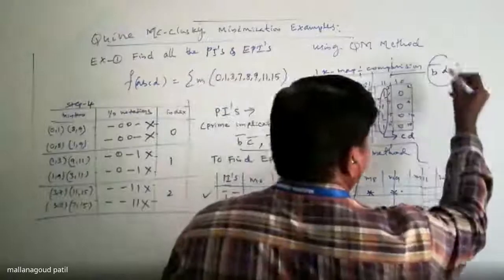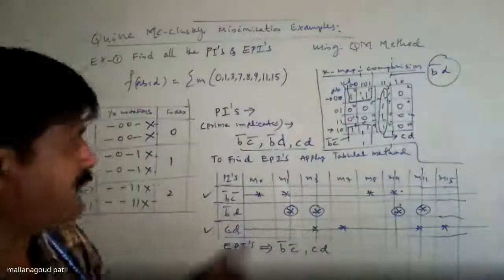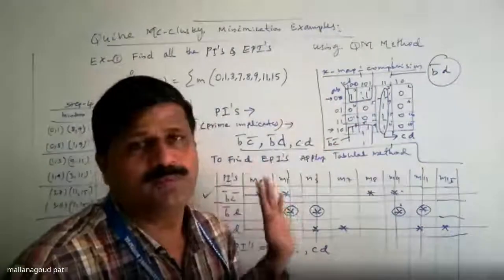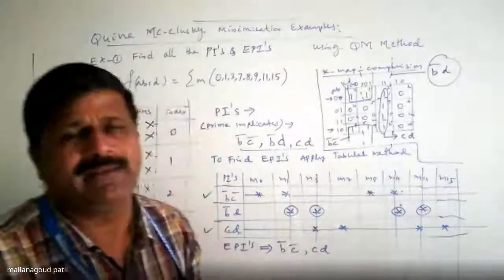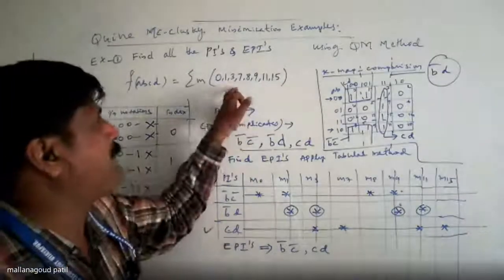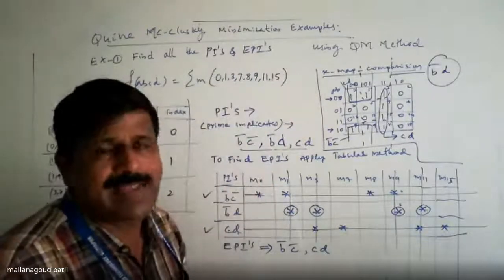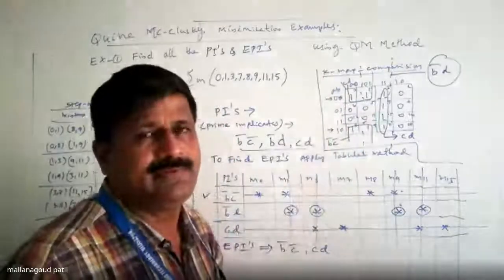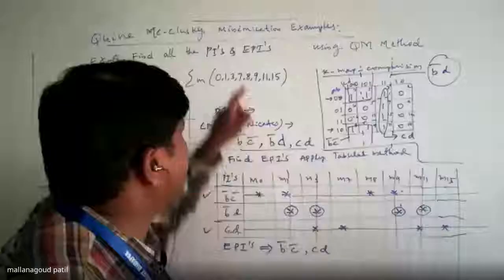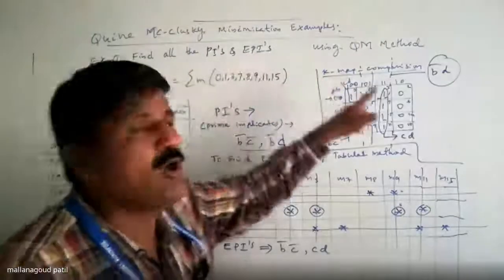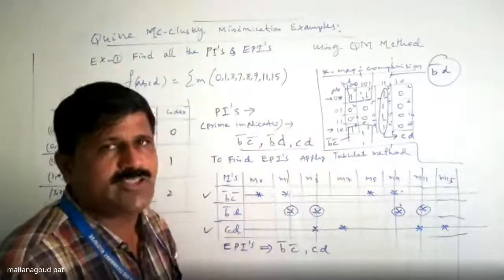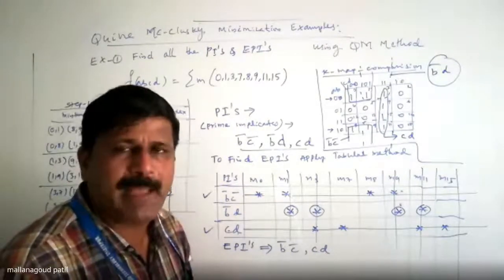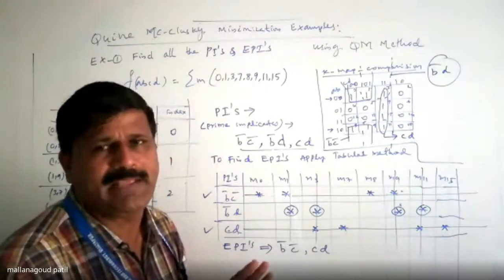Even this one is not possible to write. But when you are asked to find the PIs, even in the K-map also you do. Sometimes it will ask you to find the PIs using the K-map. At that time, don't leave out the covered ones. If it is possible, you can do it. But if he asks for EPIs instead of PIs, that time you have to ignore it. Have you understood this? You have to clearly understand the question first. Did he ask for the prime implicants or the essential prime implicants?